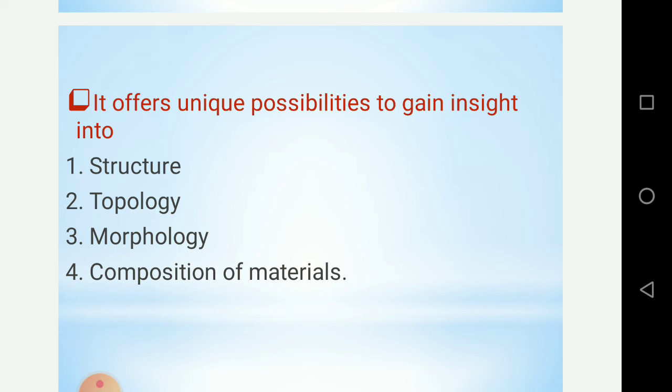And the composition of material, meaning composition means what? You must have seen the fluid mosaic model, where you have seen the lipids or proteins on the structure on the surface of the cell. So by using an electron microscope we can minutely see where the lipids are coming out from, or where the protein is located. So every structure we can observe by using this electron microscope.